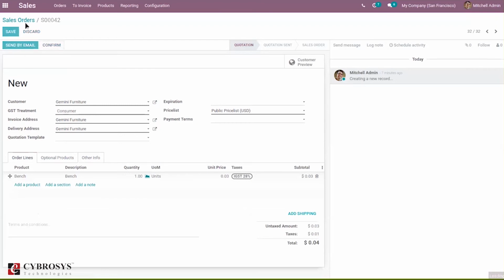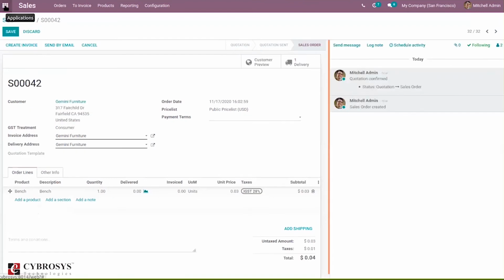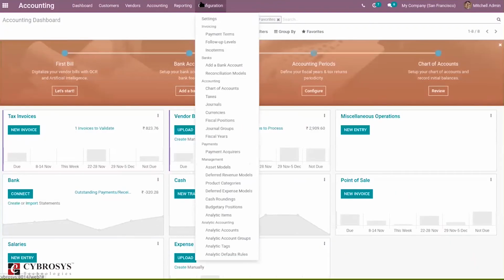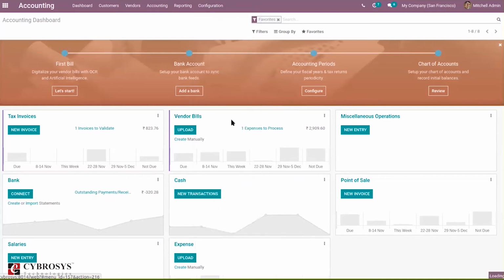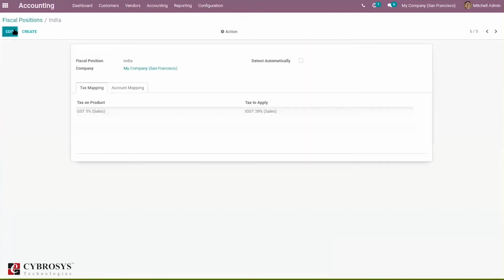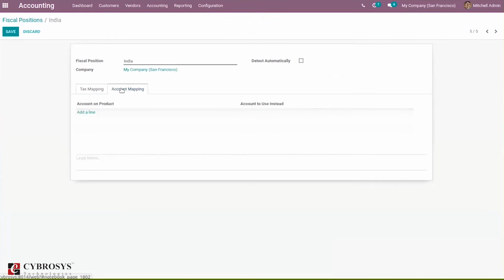Now let's take the case of account mapping. So let's come back to accounting. Here we have the account mapping tab.